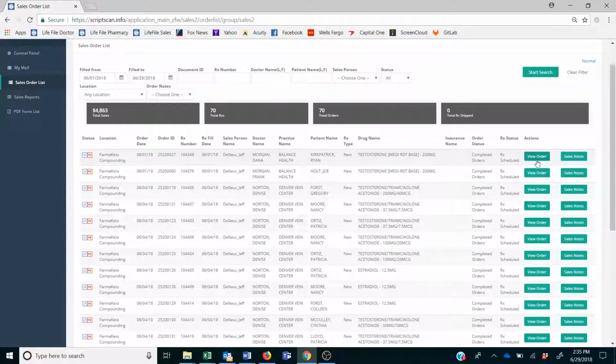So if you go down here, we can dive into an order. You'll notice again, the order date was 6/1, order ID, salesperson, doctor name, practice name, and actually the patient is here as well. This RX type that I'm looking at will change depending on what stage the order is in. So every order is going to start out with new being the status,